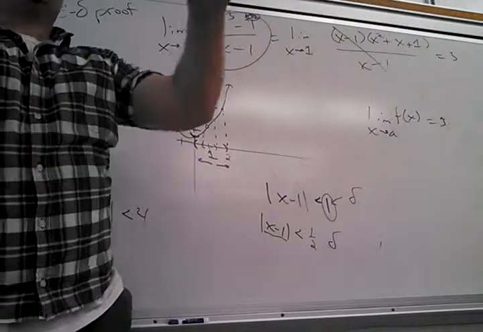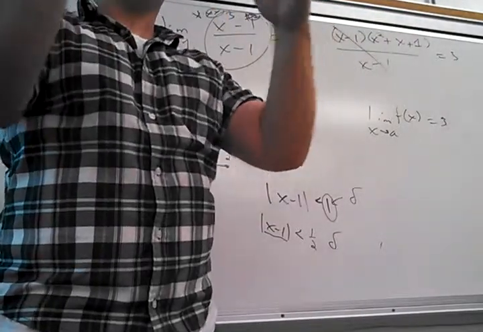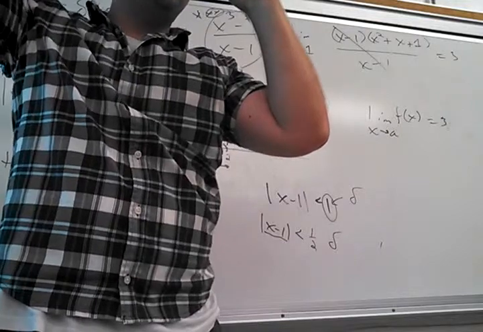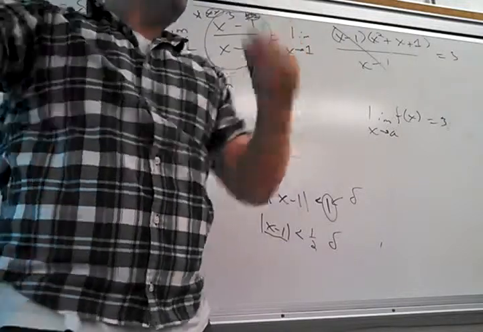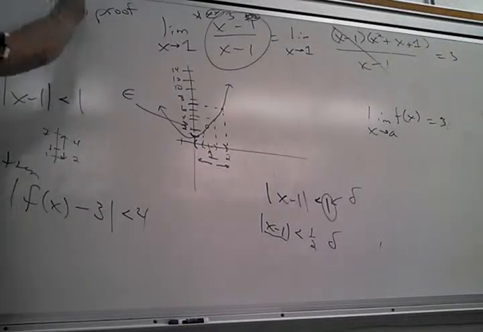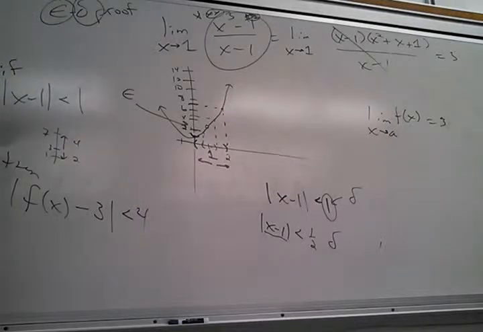And this, on one level, you're trying to understand what I'm saying. On the other level, some of you have your brains going, why do we need this? Because the true way to prove that this is the limit of some function is to go through this and actually show that this is true. No matter what epsilon you're given, you can always find a delta that will get you that close to the function. That would mean that that's a true limit.